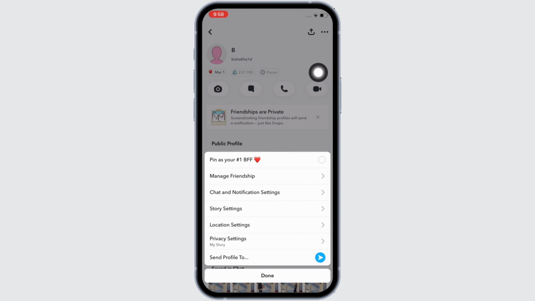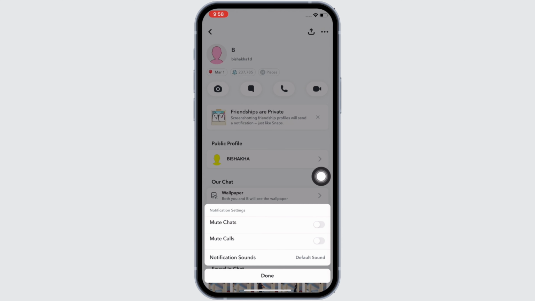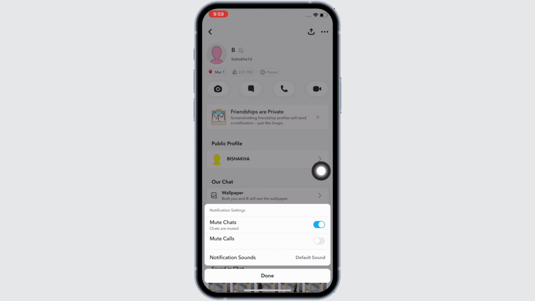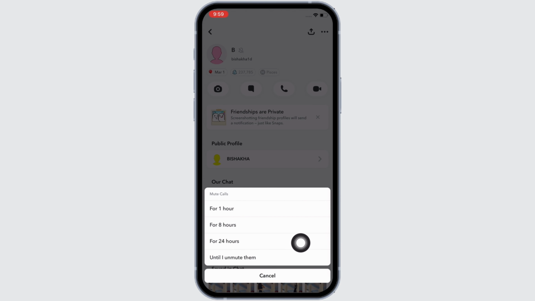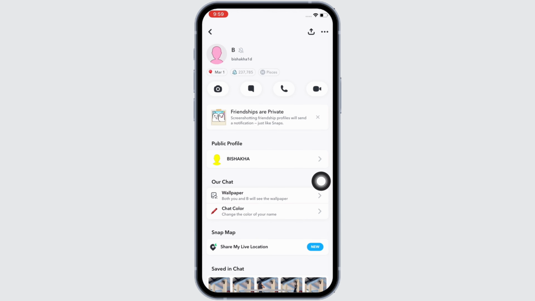In the pop-up menu that appears, tap on the notification settings option you see there, and now go ahead and toggle off the toggle button for both mute chats and mute calls and set it to your preferred timeline. I will set it to until I unmute them, and this is how you can turn off message notifications for